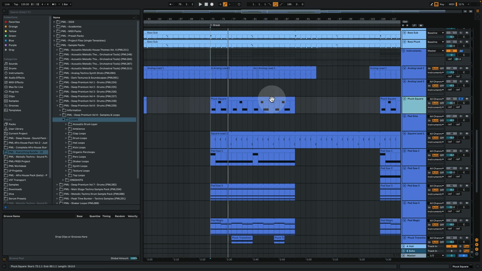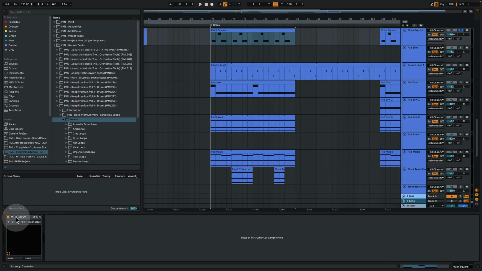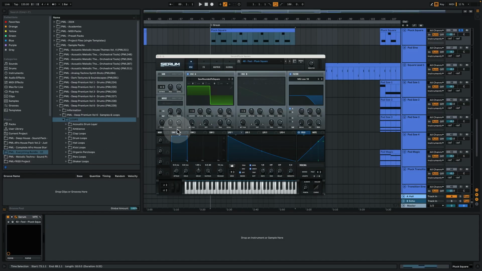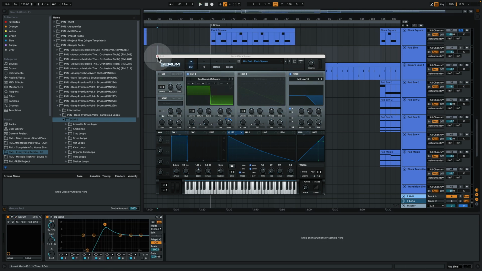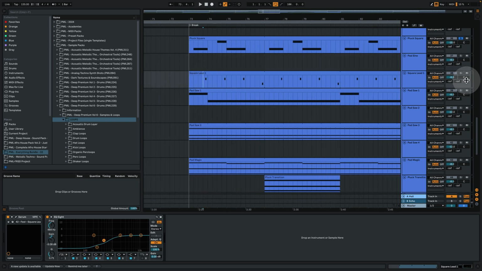So this one is just a supporting layer for the fields. This one is actually holding the notes, so we have some kind of arpeggiator going. In this case, it's just the LFO. Saw rounded to square. This is our setup, and then below we have this square lead doing this